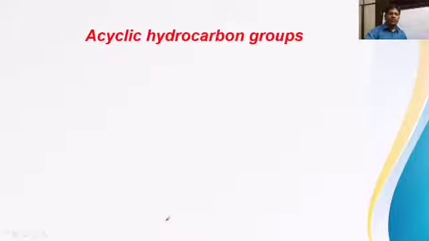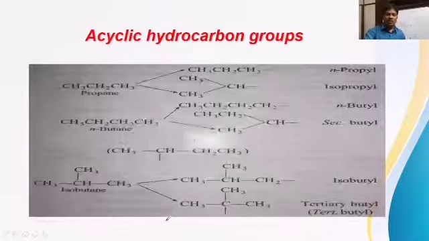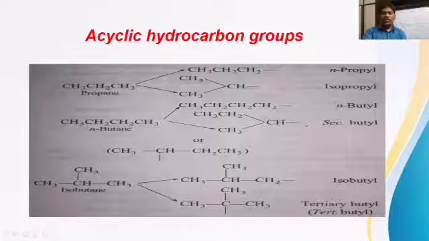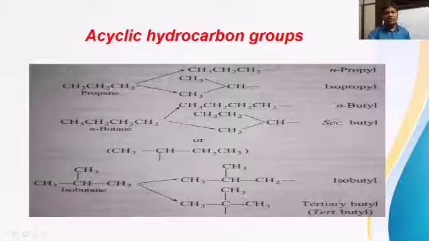And the first type is what? Acyclic hydrocarbon groups, meaning non-cyclic hydrocarbon groups. In this example, take the molecule of propane: CH3, bond, CH2, bond, CH3, propane. How many carbon atoms are in this? Three carbons are there. Two terminal CH3 groups are there. In between, a CH2 group is present. Suppose you remove hydrogen from this carbon,